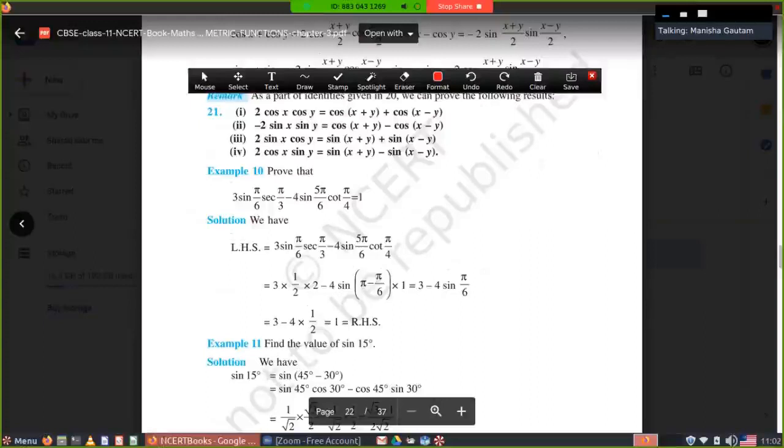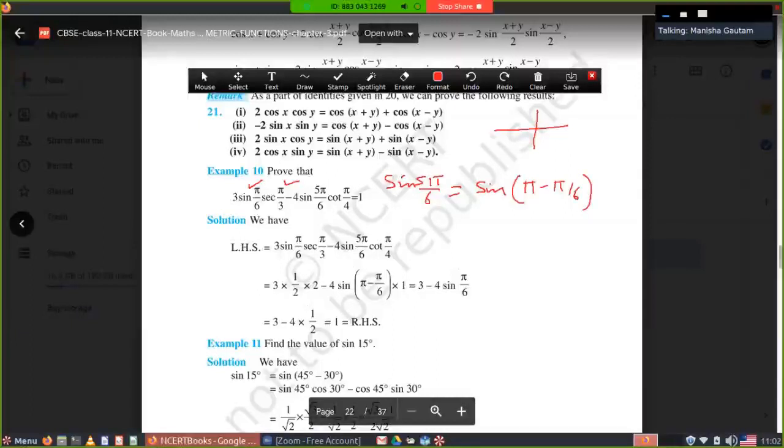In example number 10, as you know the value of sin pi by 6, sin 30, you know, as sin 60, secant pi by 3, you know the values. But here when you are talking about sin 5 pi upon 6, this is not an acute angle. You have to apply the conversion here, then you can get the value. It means this sin 5 pi by 6 can be written as pi minus pi by 6. Here the conversion rule is applied.